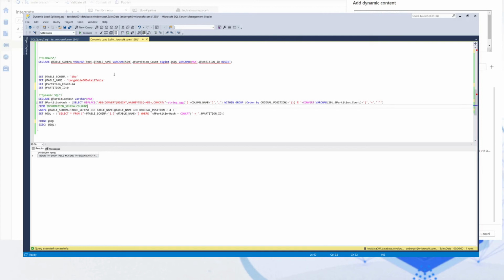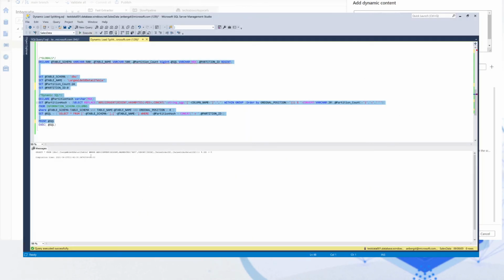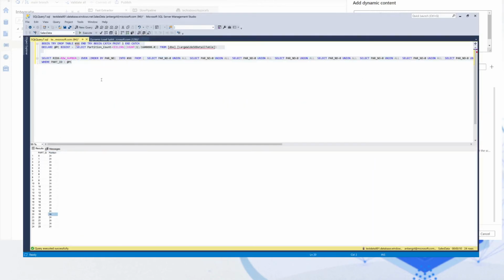Anyway, if we then look at this dynamic SQL, what it actually does. Let's just go ahead and execute this. Right, so here we get this select statement, as you can see. I'm just going to copy that out. If we go back to this column and paste it in, you can see here that I'm selecting star from the table, and then I have a where clause where I create a big int hash, or